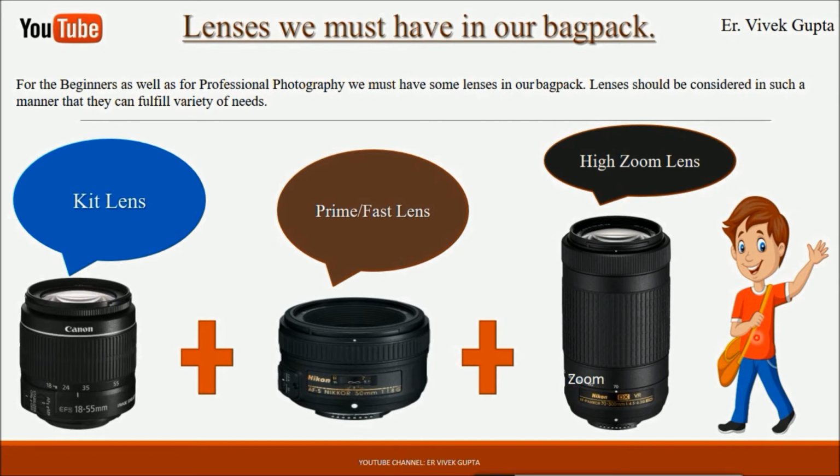First of all, whenever you purchase a camera, you will get a kit lens. Kit lenses are very good, and these kit lenses can be used as a wide angle lens, as a fixed lens, or as a zoom lens. Those kit lenses have a variety of uses. So every time you go outside, you must have a kit lens with you, because you cannot say that every time you go outside you have to use a prime lens.